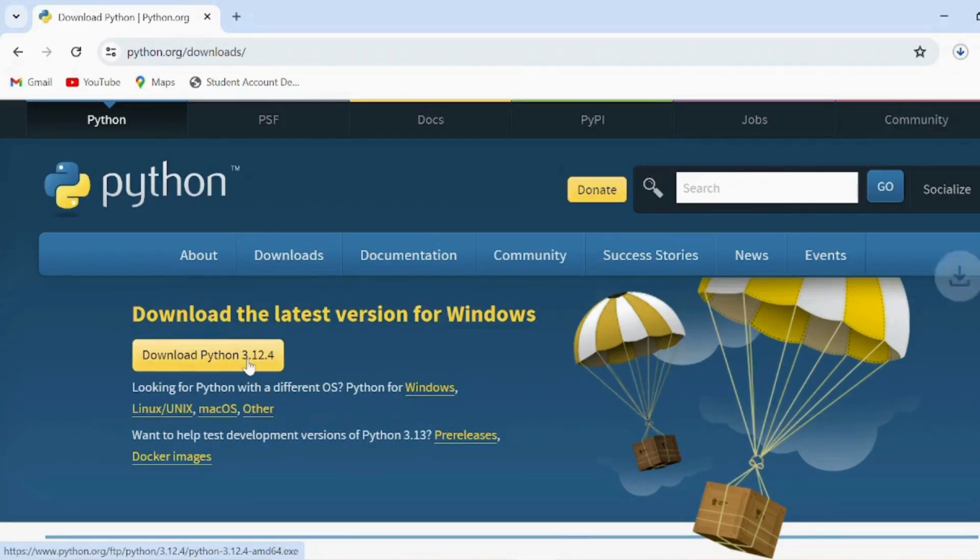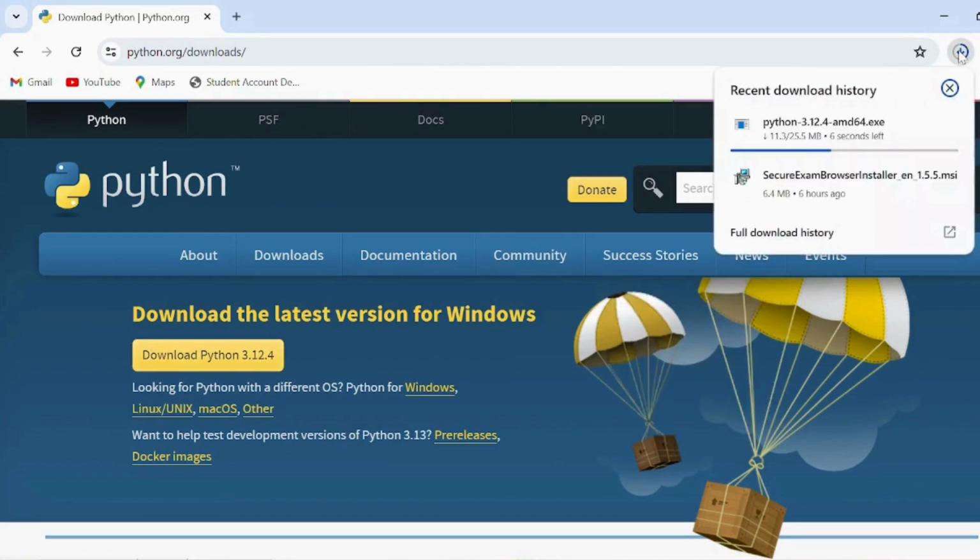Click on Download. As soon as you click on the yellow button, you will see that the .exe file will start